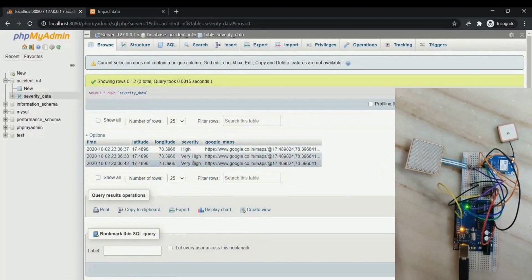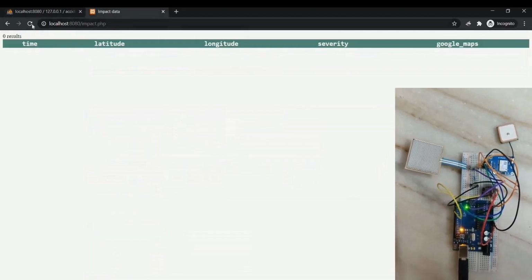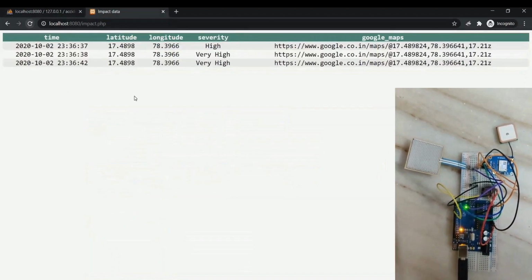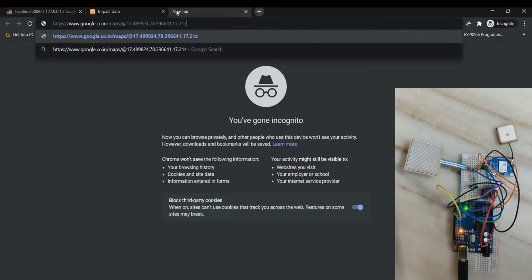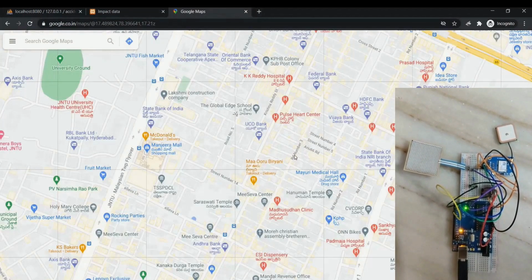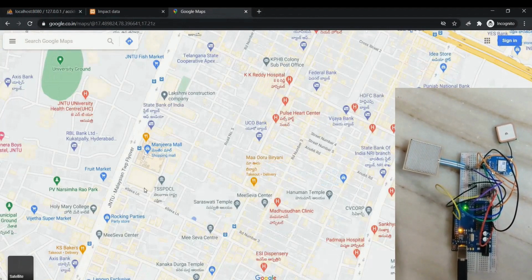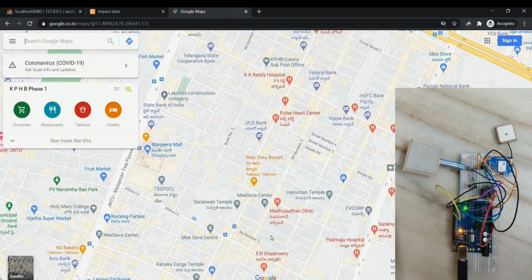High, very high are the impact, and when you refresh this web page that we have already created, you get all the data here in real time, along with the lat, long, severity index, and most importantly the Google Maps. Just copy paste the Google Maps link over there and you get the location exactly where the collision has been reported. This is the simplest way one can understand how